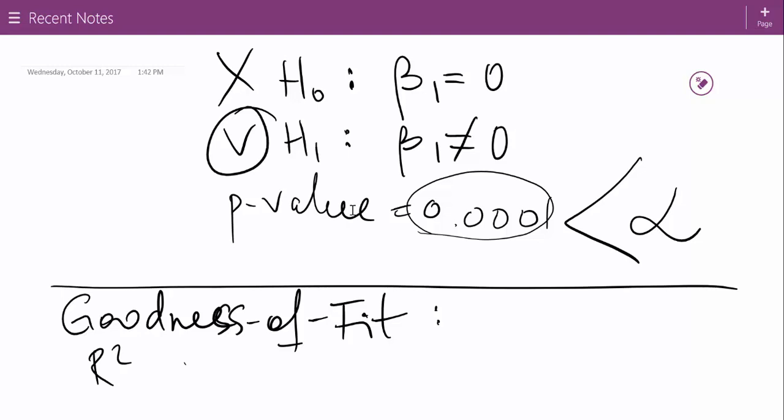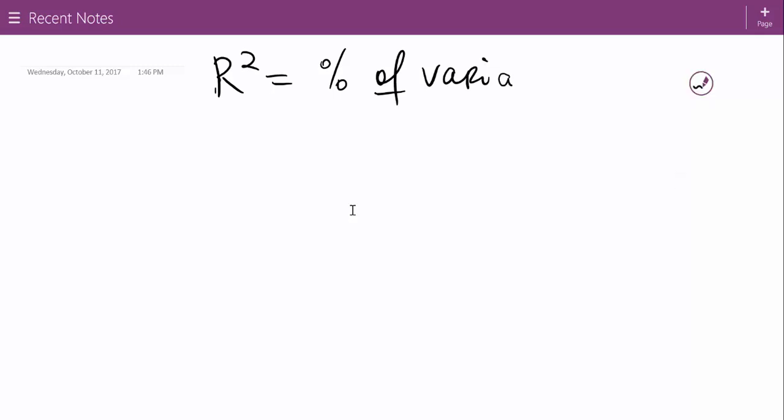Let me start a new thingy here. Here is the definition of R squared for all times, all countries, everywhere in the world, okay? R squared equals the percentage of variability. I believe I wrote it out once, right? I'm going to do it again because that's an important part, okay? Percentage of variability